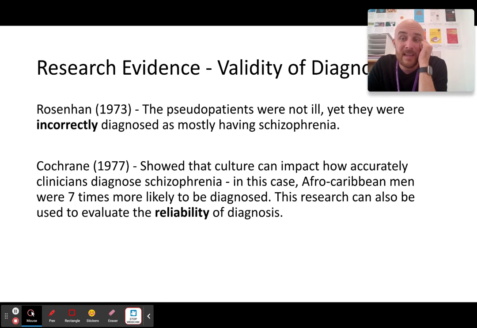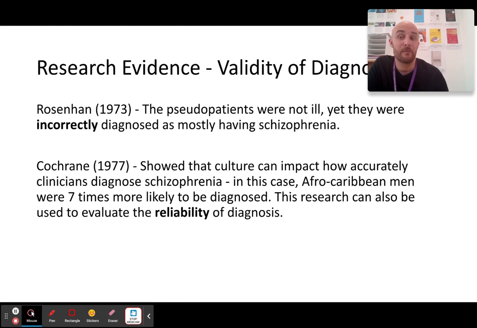They basically faked their way into mental hospitals by pretending they had schizophrenia. And as soon as the door shut behind them, they were told, all 12 of them, technically it was 8, but I won't go into that. All 12 of them, they were told, as soon as you get in, just act normal and see how long it takes you for people to realize that you are actually normal. And I believe the longest person in there was in there for 59 days.